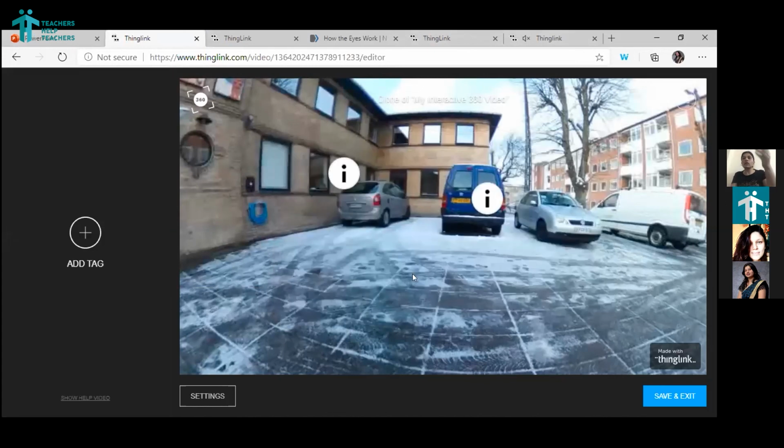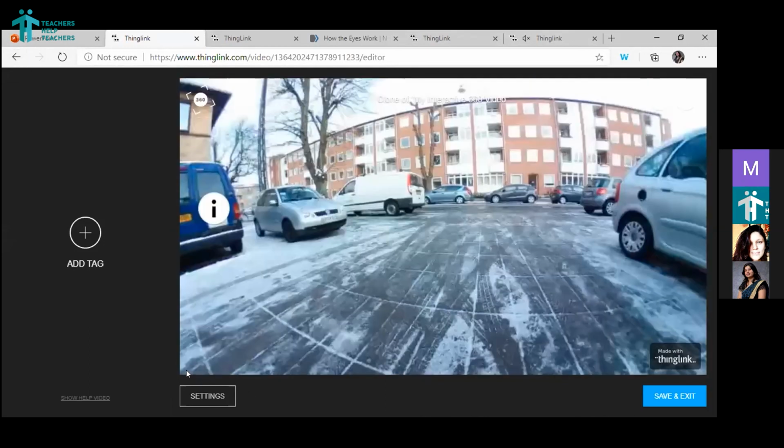I'm sorry, I cannot show you the 360. If you want, I'll find some video, make a small tutorial and send it on the group so you all can view it. It works similarly: you can see a 360 image, you play the video, decide where you want to place the tag, similar to the video thing that we did, and place the tag there. If there's any problem, you can try the 360 tag and let me know if there's any issue that you're not able to work upon. I'll help you out with that also.